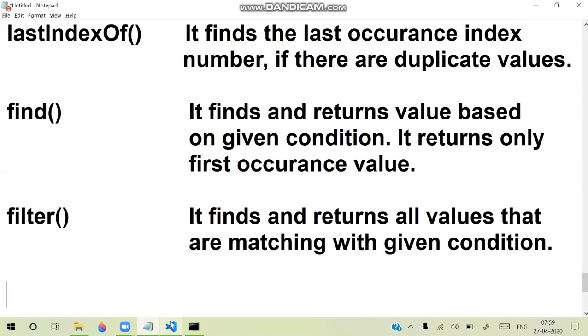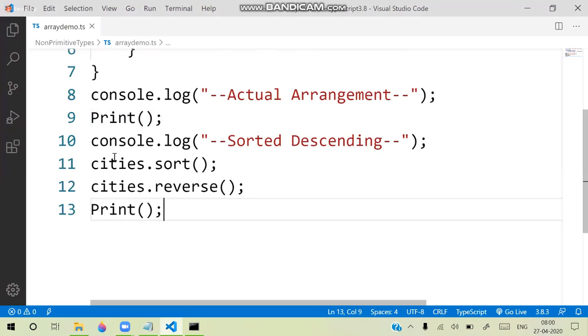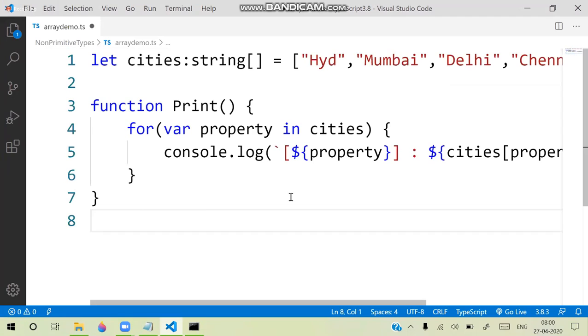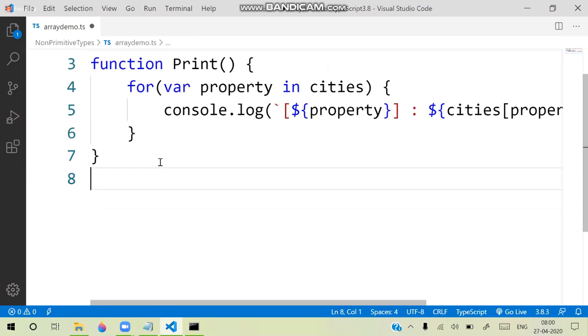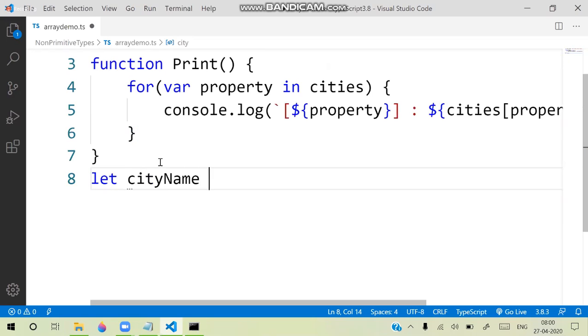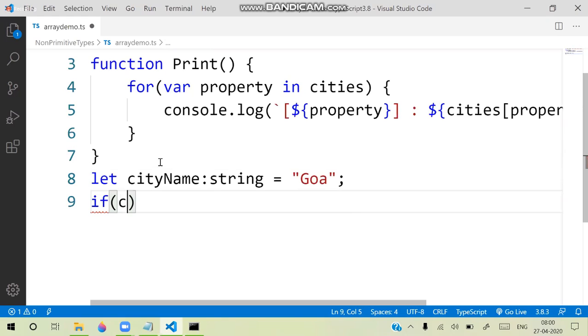For example, suppose here in the array, these are all the array elements here. We are printing them. I need to search for any particular city here and print it. That means here I'm adding a simple function, means how we can search for any element. So here I will create let city name, and it is a string type is equal to some Goa like this. And we are writing a condition if city name,